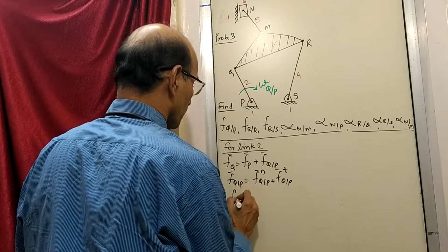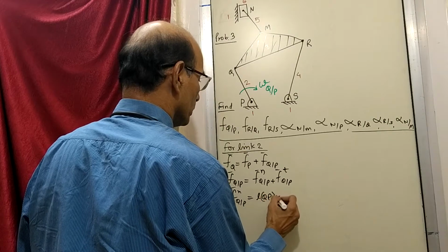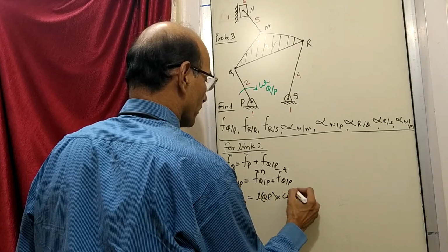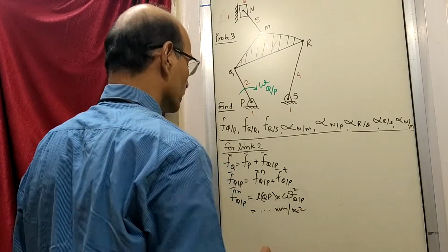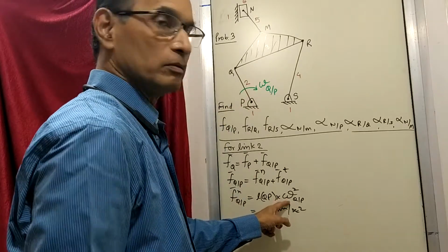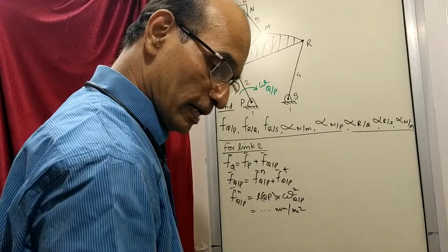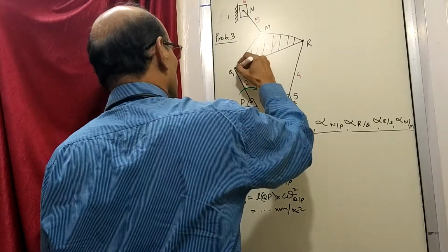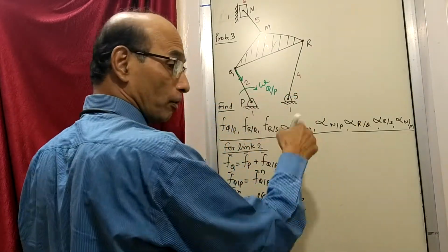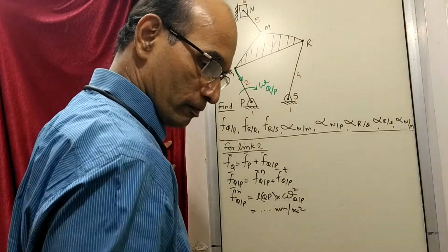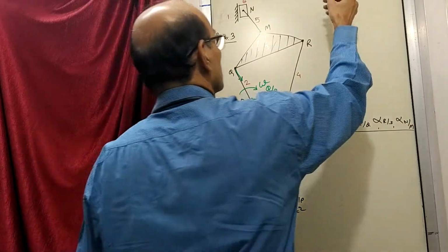And out of that, the normal component is given by length into angular velocity square, r omega square, and this we know. We know this because omega is given, length is also known, so you will find out the magnitude of this vector and even the direction, which is along the link from q to p in the linkage diagram, and in the polygon it is going to be from p to q, which we will draw later on. So this is the one. Maybe we can start here straight away.